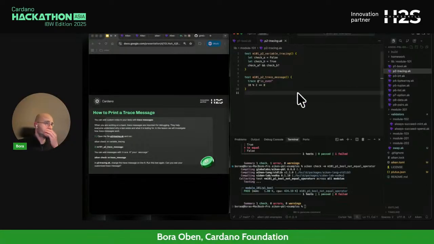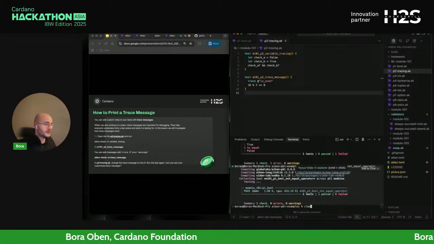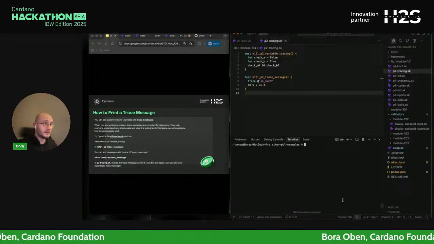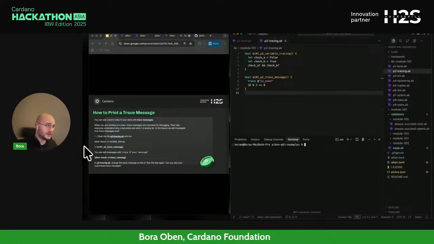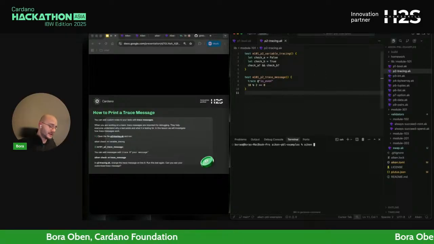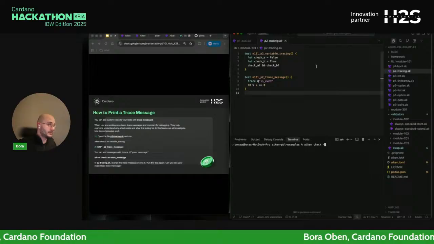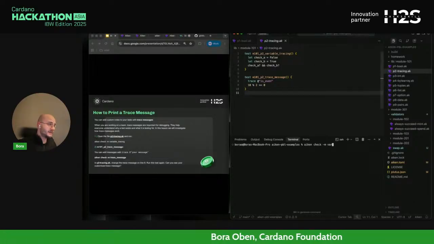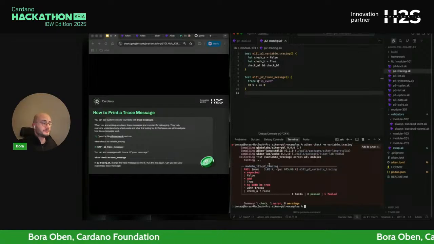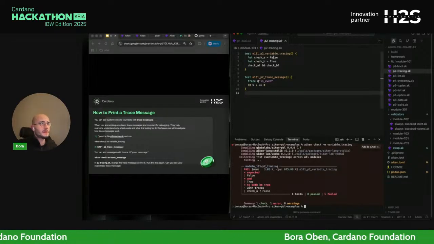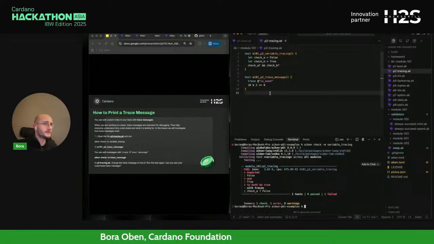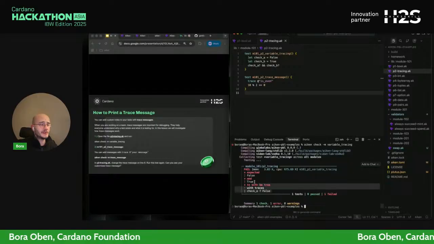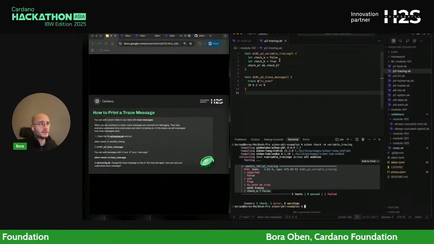We can move on to tracing. Tracing is something that you will use for debugging later on. In the presentation, you can see that it is suggesting we do an Aiken check specifically for variable tracing, and that this test is again throwing an error, and we need to think about why that is the case and how we could solve that.